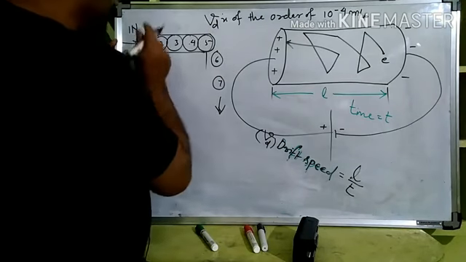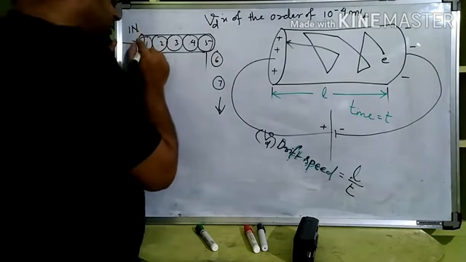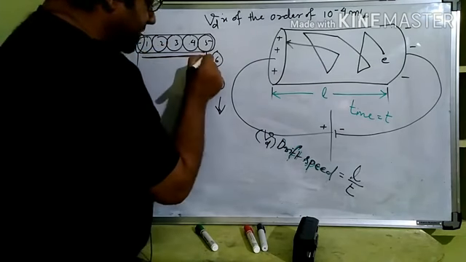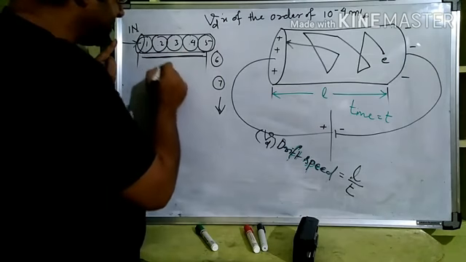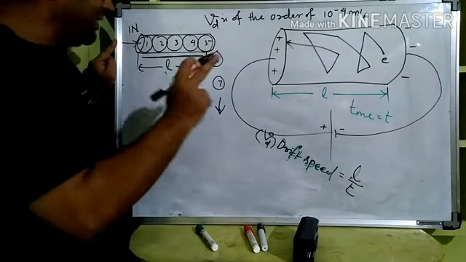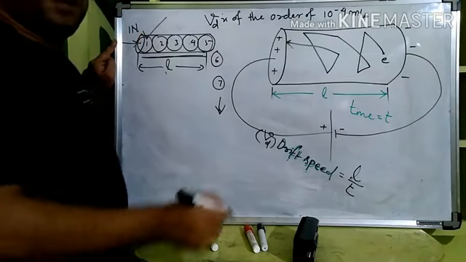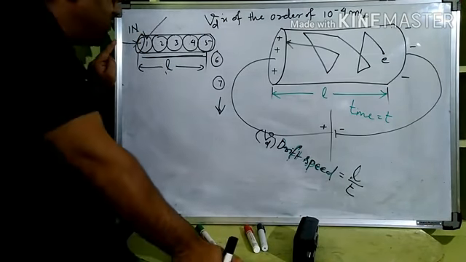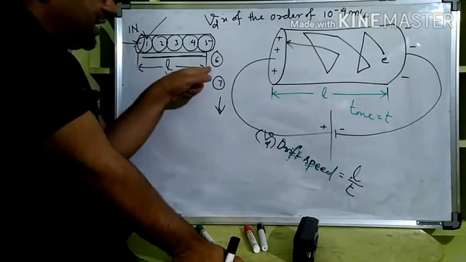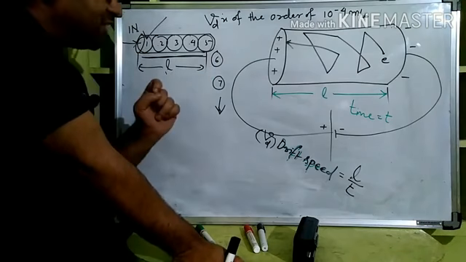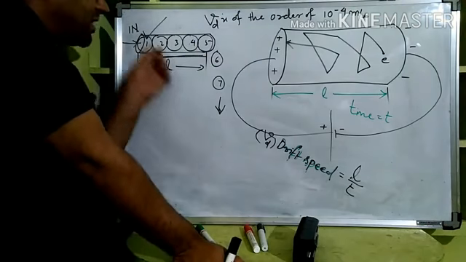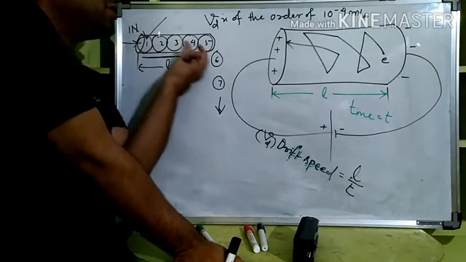When you calculate, you will focus your attention on ball 1 only, and you will see how much time it is taking. If you calculate the total time, the length of the tube divided by that time will be the actual speed of ball 1, or we can say the drift speed of ball 1, which is very small. But whenever the motion is occurring, that only we are calling electric current. So current is very fast, however the speed of the ball moving is slow.